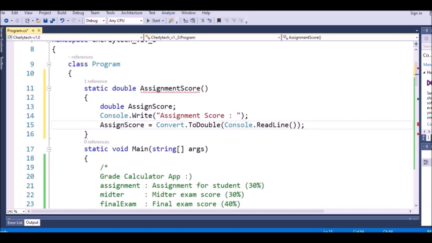So after we get the value stored in assign score, we have to check that value. The value for the score should only be from 0 to 100. If you put 200, that is not a valid value for the score. So that's incorrect, and we have to check that. So to check that,